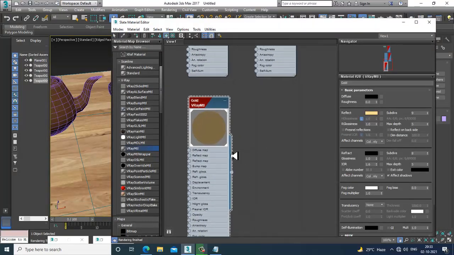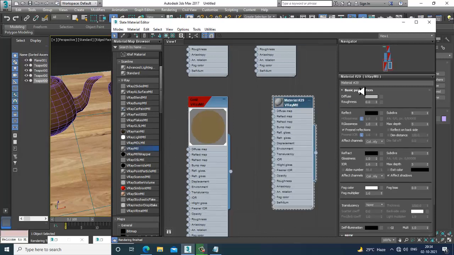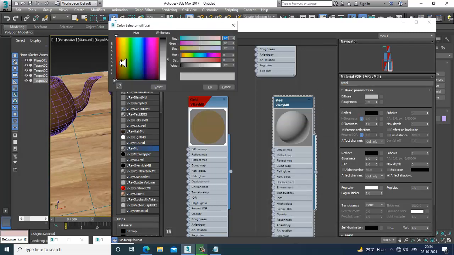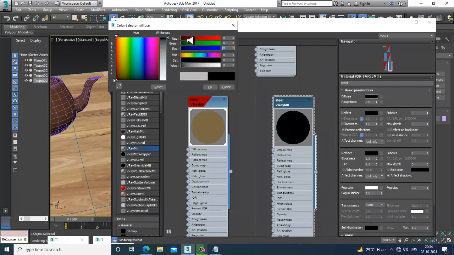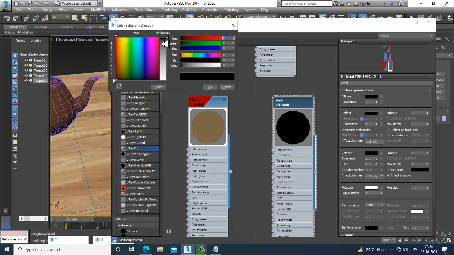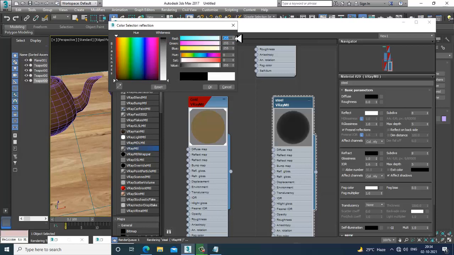Let's take a V-Ray material and name it as steel over here. For the steel, same, we'll just make it black over here. Your reflective property, I think, okay, that is perfect because we want to create heavy reflection.